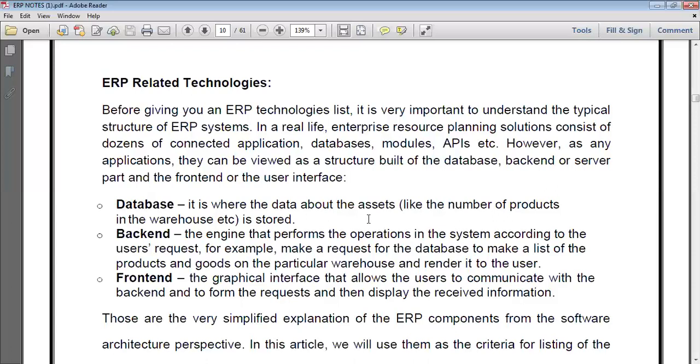So back end technology. Once again, I tell you, back end is nothing but learning full stack software development to build robust and scalable websites. Back end APIs, application program interface. It is called a backend. In this backend, we make a request to the database to make a list of the products, or list of the software, or list of the applications, and list of the technologies we are using, through previous data, for the particular warehouses.